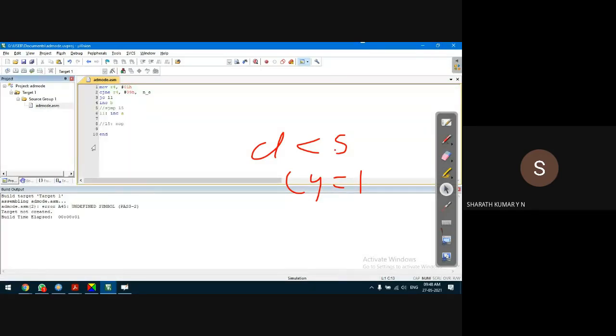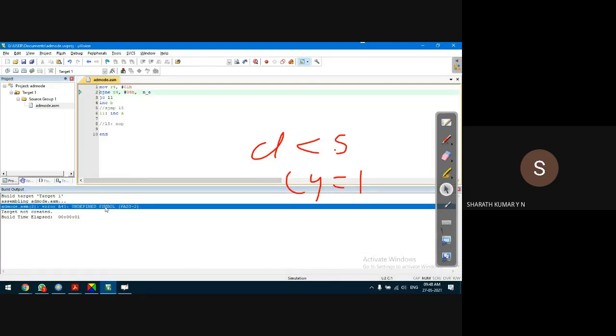If the error is not visible, then it's an undefined symbol, where it is CJNE. Oh yes, NE is missing. Okay, NE, sorry. That's why it is giving an error. What is NE? There is an increment on some operation. No problem. So this L5 should automatically come after the last instruction.